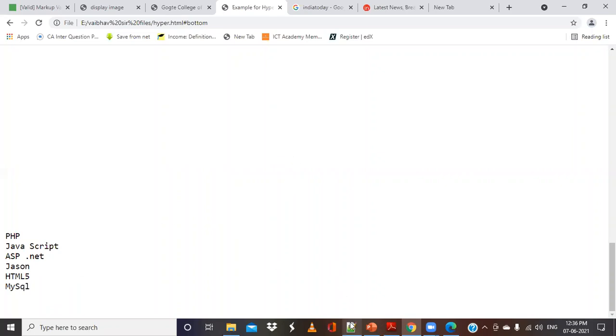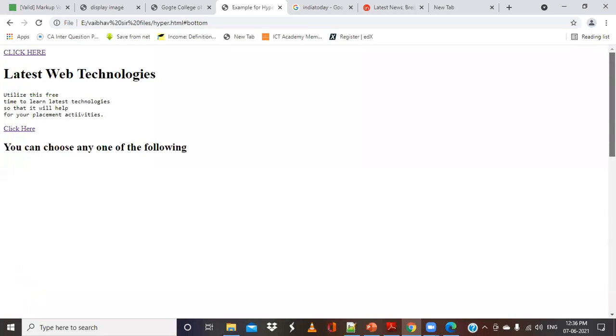Now I want Suyash to answer this question. Like now I have come to the bottom of this particular page. Now if I go to the top, what will we do? You will scroll it up or you'll create another link. So we will create another link. So where should that link be created, at the bottom or at the top? At the bottom, fine. Yes, sir.